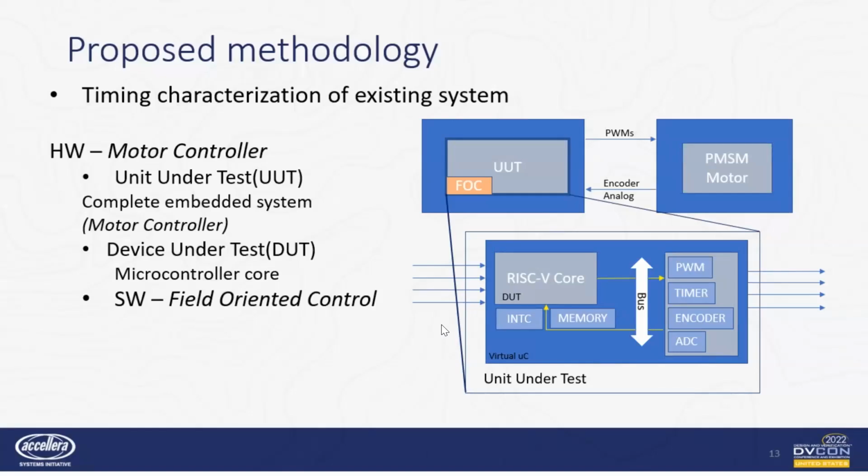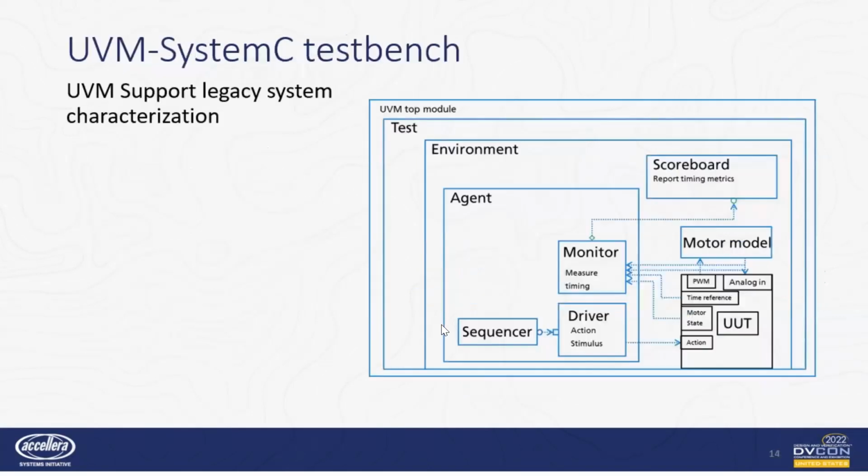without diving into the core details yet. In order to realize the timing characterization, a UVM SystemC test bench is applied to the legacy unit under test. The UVM SystemC test bench will be in charge to run each of the test cases implemented according to the system test case specification document, following a common strategy, which consists of the following tasks.